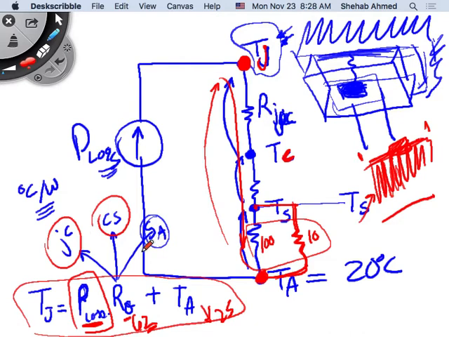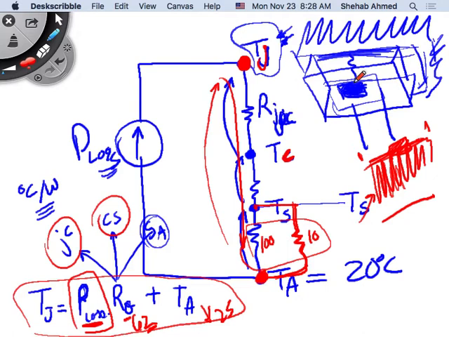Sometimes some data sheets, by the way, would give the junction to ambient only, right? But the device is packaged in a certain package. So you would have to do some more Google searching to find out what is the typical junction to case thermal resistance for this type of package, right? Because at the end of the day, these surface mount packages are very similar, so the thermal resistance between the actual die and the case itself is very similar in all these types of